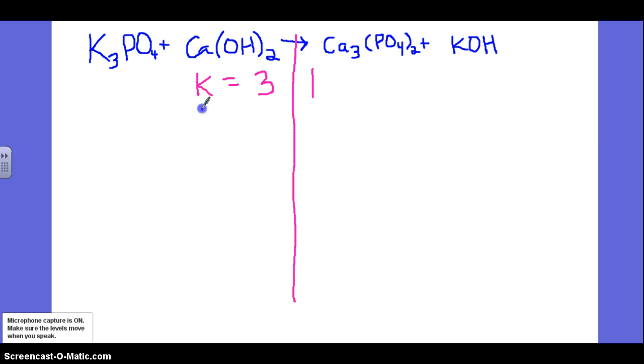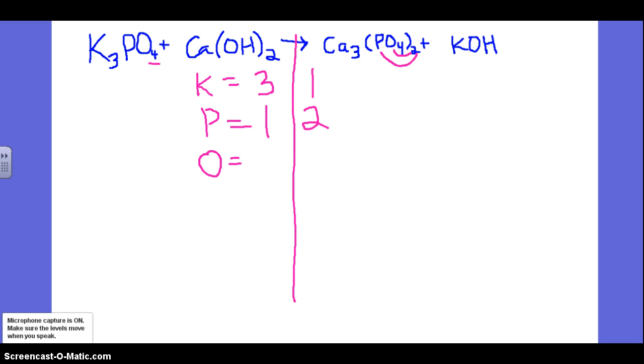Then phosphorus next. In the reactants, there is 1 phosphorus. And on the right side, in the products, look at this. I have a parentheses. That 2 distributes to everything inside the parentheses. So I really have 2 phosphorus in the products due to the fact that there's a 2 on the outside of that parentheses. And if it gets more complicated, when I look at oxygen, I see there are 4 oxygens